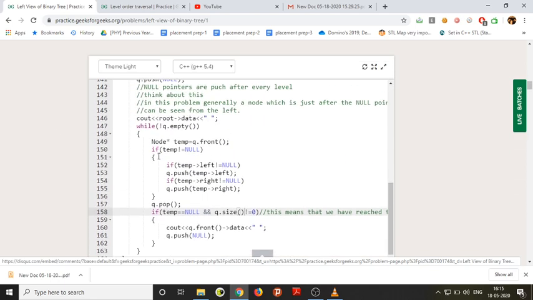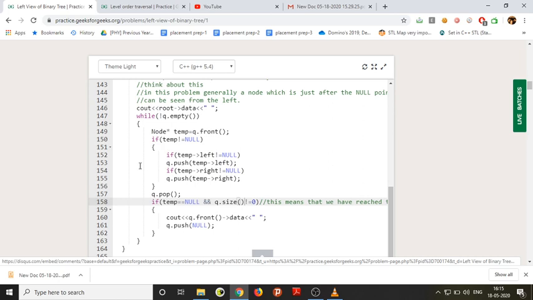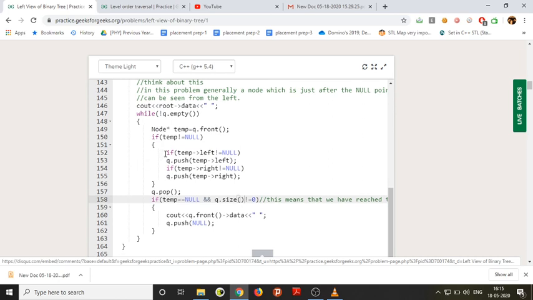So this is the left view. Now the slight change you can do for the right view is to change this order. First push the right.